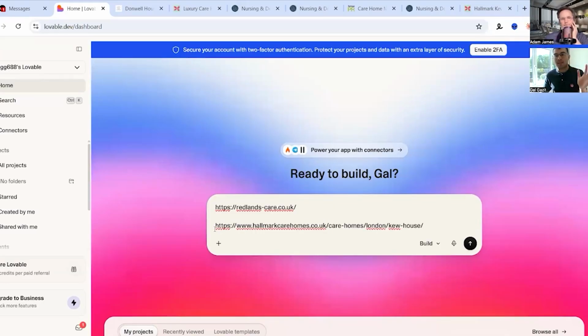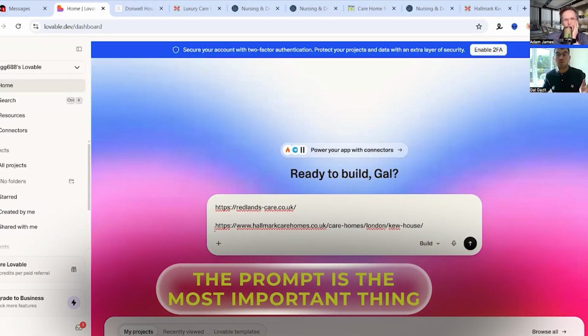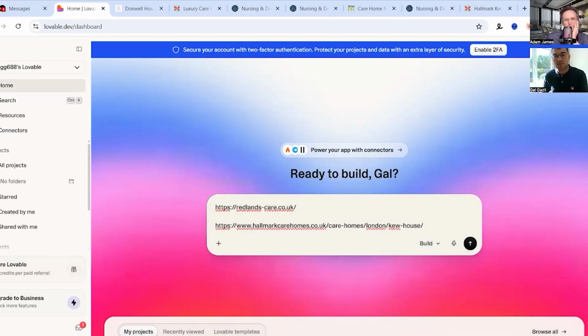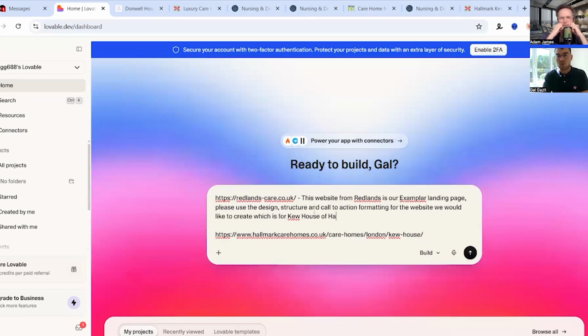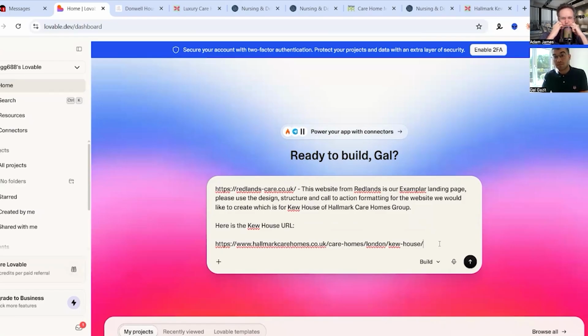So now let's get the prompt going, because the prompt is the most important thing in terms of designing a landing page. So we have here the Redlands, right? So I'm going to write here, this website for Redlands is our exemplar landing page, please use the design, structure, and call to action formatting for the website you would like to create. So Q House, Hallmark Care Homes. So this is already a pretty good prompt, but